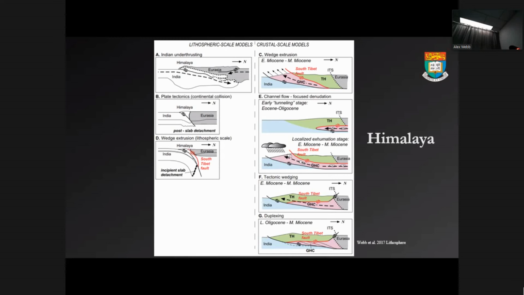So the weak material might squeeze out towards the range front. And then with the onset of the South Asian monsoon, there may be extra erosion along the range front that would then pull that weak material up towards the surface and then extrude it in the brittle crust. So it would be like a conveyor belt of building up weak stuff here that funnels out to the surface. And so that's another way to get this huge normal fault.